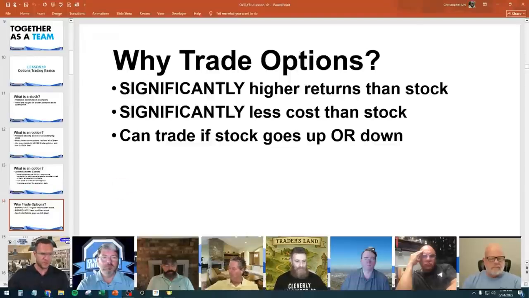I know I've told this story before, but I'd like to share it again here because it is the right time to do so. When I got excited about trading options, I was in corporate finance, and my boss at the time was having a conversation with one of my coworkers, and they were talking about Deutsche Bank. And he said, if you're so sure that Deutsche Bank is going to go down, why don't you go out and buy puts on it? And so, like, I went to business school and got an MBA, and I was like, wait a minute, puts, man, I hadn't heard that in 10 years.